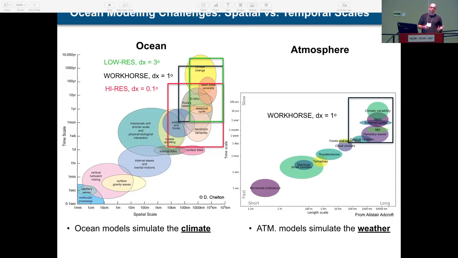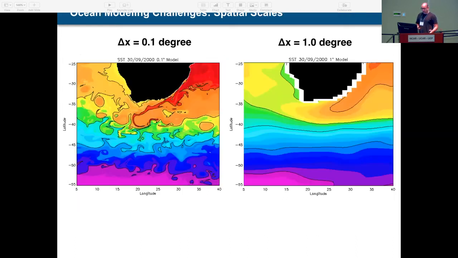1 degree ocean, we can simulate the climate. That's the big difference between these two components. And why is that? Well, I'll get to that on the next slide. But first, the bottom line is when you use an ocean model for climate simulations, we need to come up